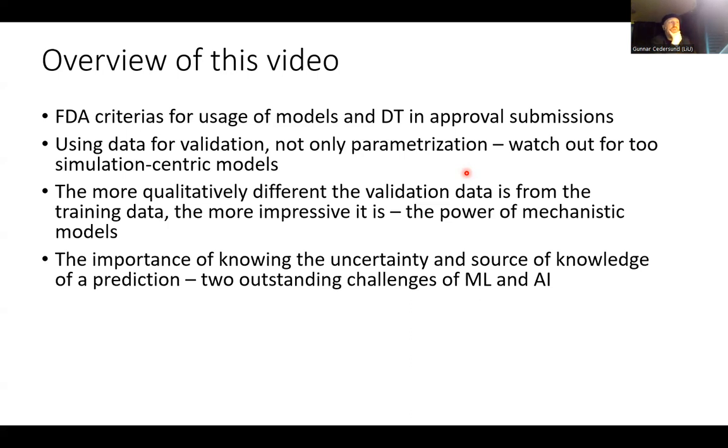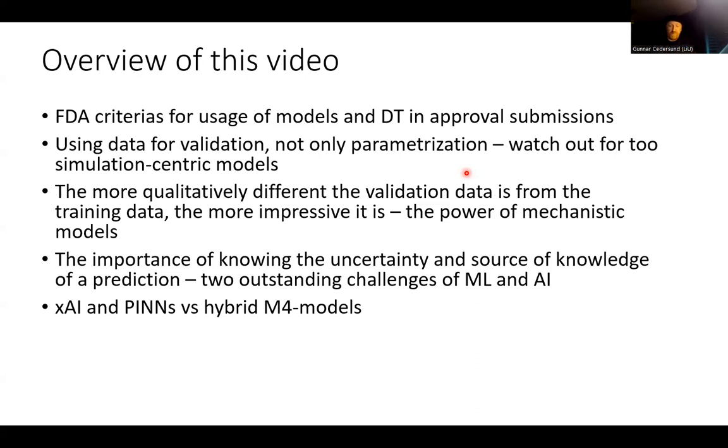And those are really two important challenges of classical AI, non-hybrid AI, and machine learning. And that sort of is the basis for things like explainable AI, XAI, and physically inspired neural networks. But I want to contrast this a little bit to this type of hybrid models that we have here, which is a form of explainable AI and PINs, but it goes beyond that, I think. And then we are basically done. Then we'll sort of sum up and zoom out and look also beyond the course and beyond where we are now.